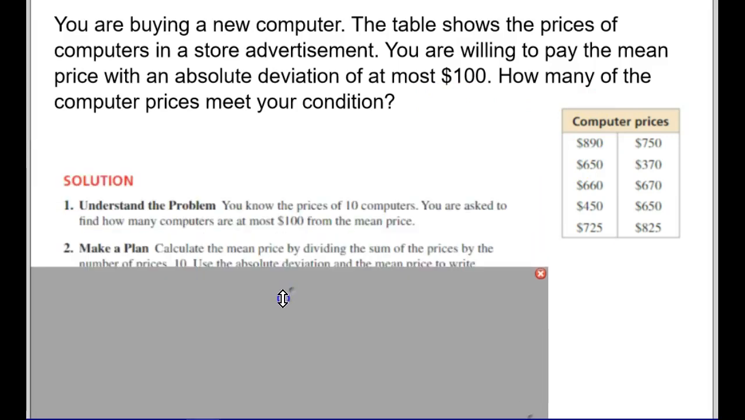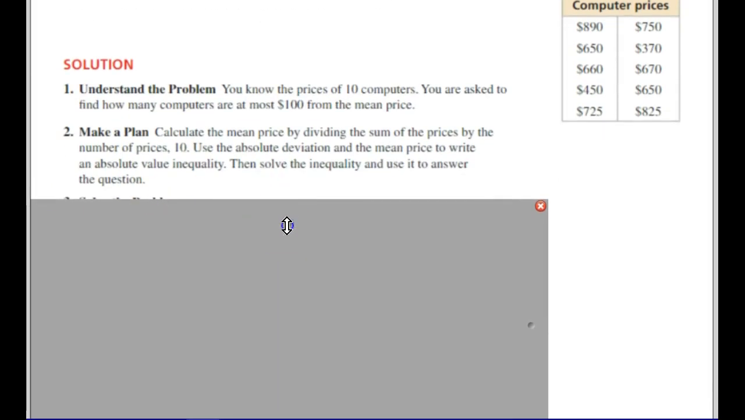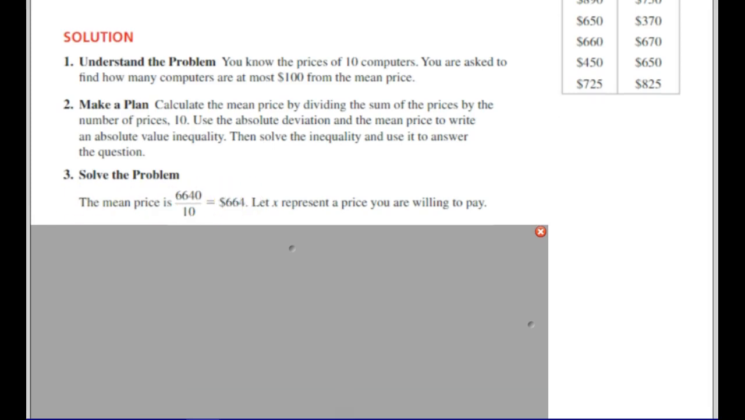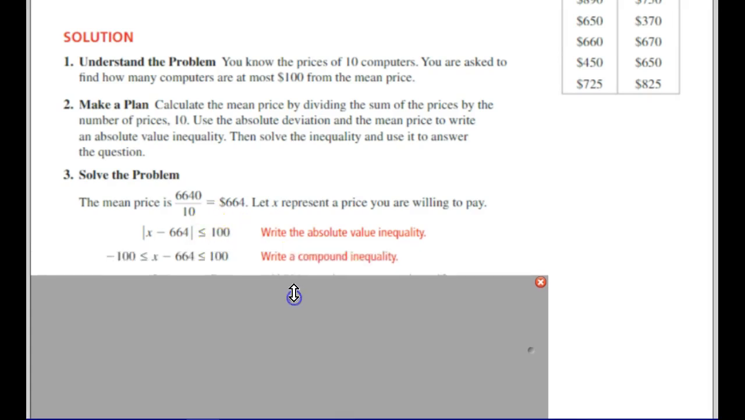Okay? So the first thing I need to do is find the mean. In order to find the mean, I take all of the computer prices and add them together, which gives me $6640. And then I divide by 10 because there are 10 different computers. So my mean price is $664. So now I can write my inequality. Okay, so x is going to be the price I'm willing to pay. And I said that I was willing to go within, so less than or equal to $100. Okay, so now I can set up my two problems